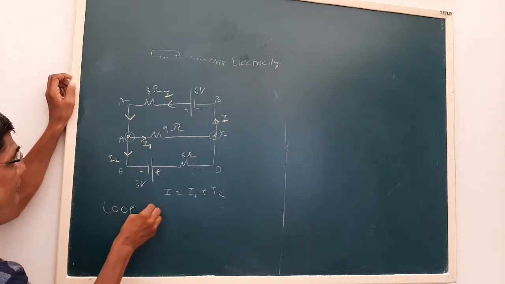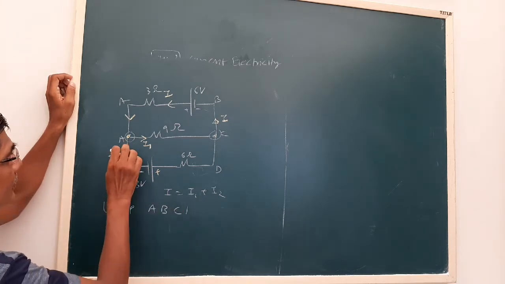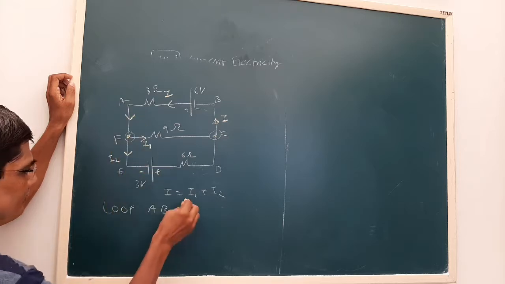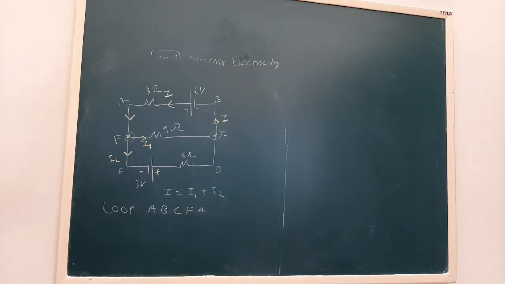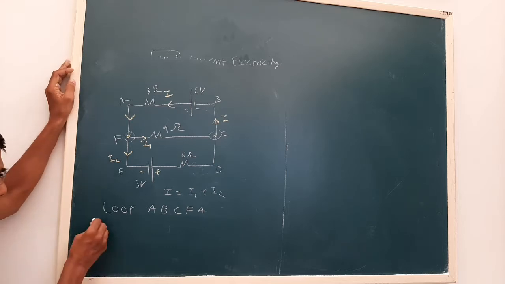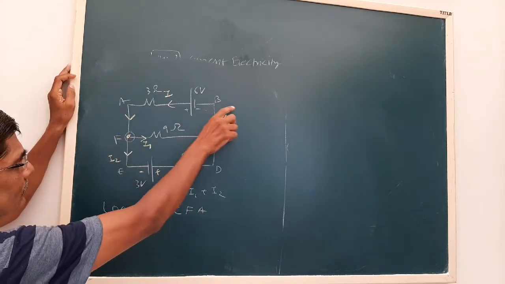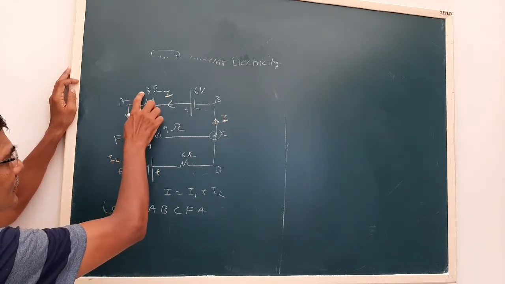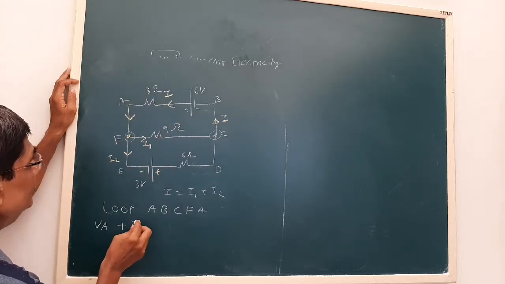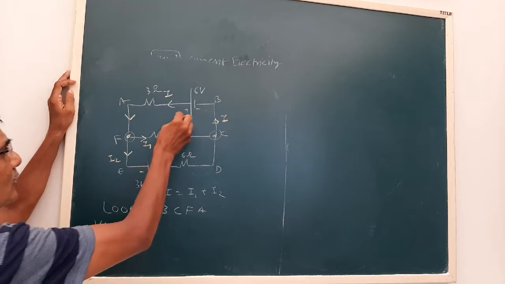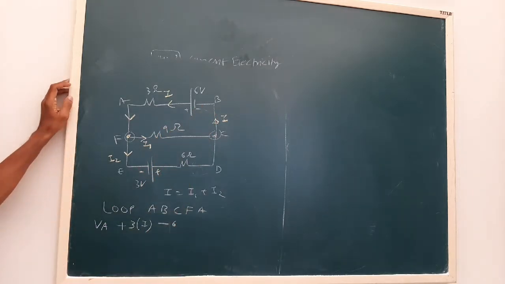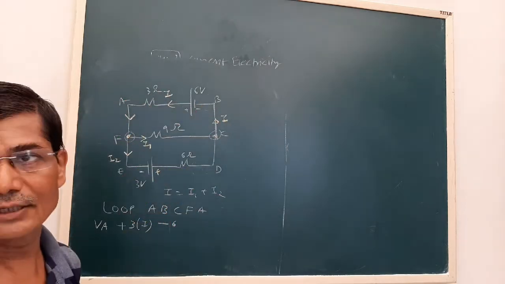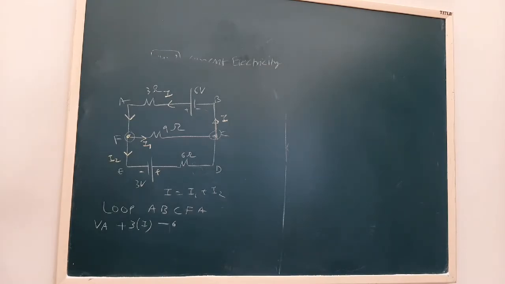Now we use Kirchhoff's second law. First we use loop A, B, C, F, A. Now we use Kirchhoff's second law starting from A. When we move from A to B, we move in the opposite direction of the current, so that is plus IR, by using the convention, 3 into I. Now plus 2 minus of the battery, that will be minus 6. We have reached up to here. Now in BC, current is there, but it is a simple conductor, no resistor, so no potential drop.